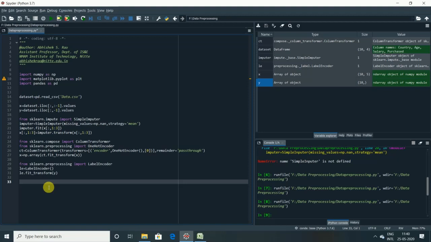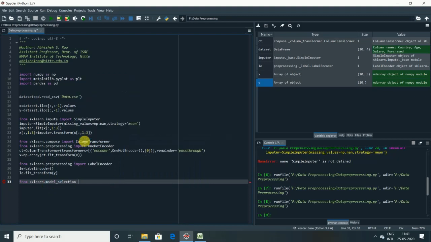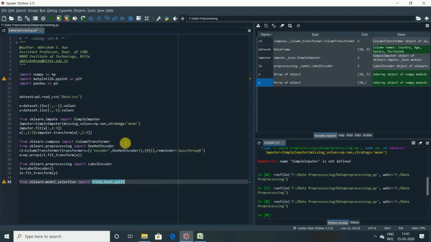So let us type from sklearn dot model underscore selection. This is the module we need to select from sklearn, and we have to import train underscore test underscore split. So this is the function we need to import, right? After that we have to create an instance, as we all know.